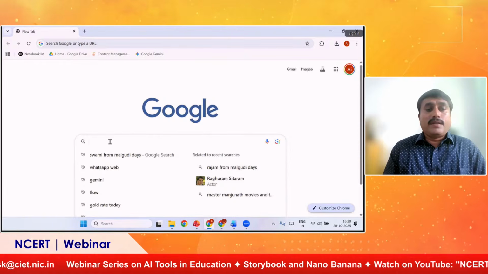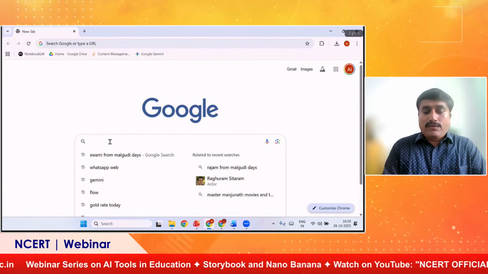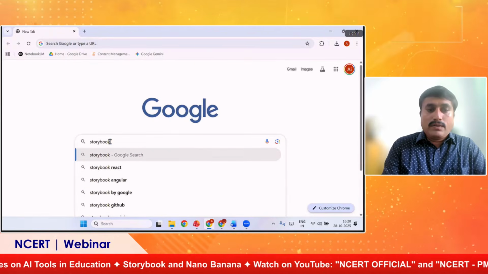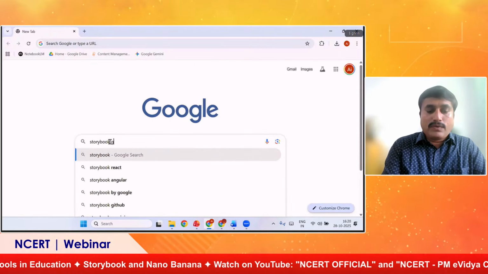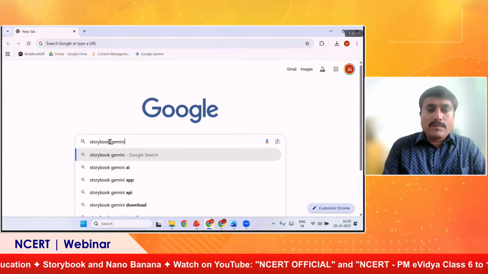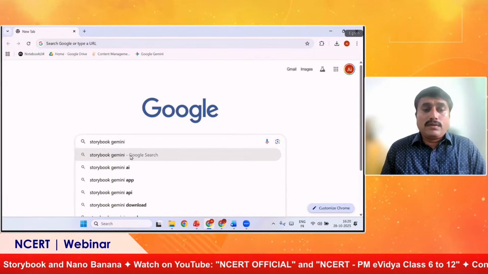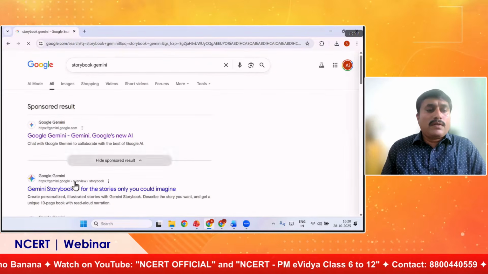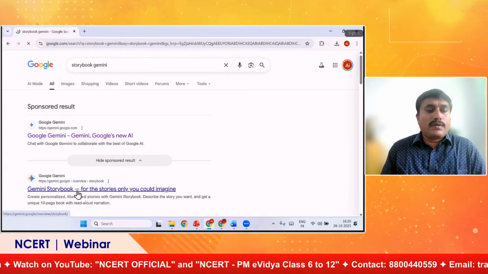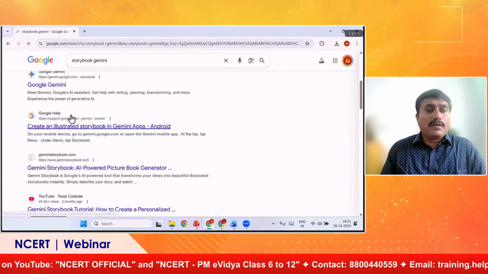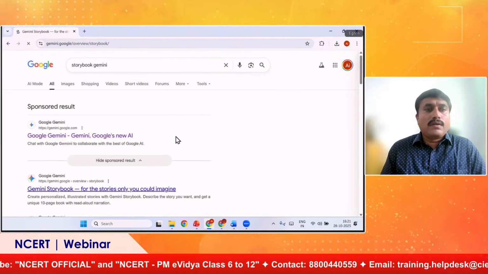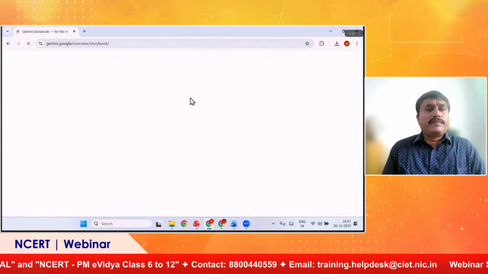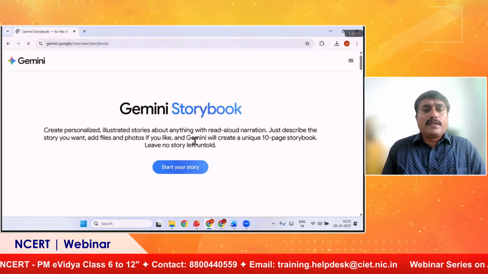So first we are going to learn about the practical use of Storybook. Gemini Storybook. Here is the link, or you can go to Gemini and then select it like this.